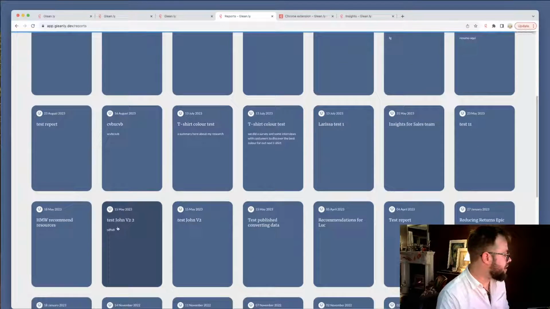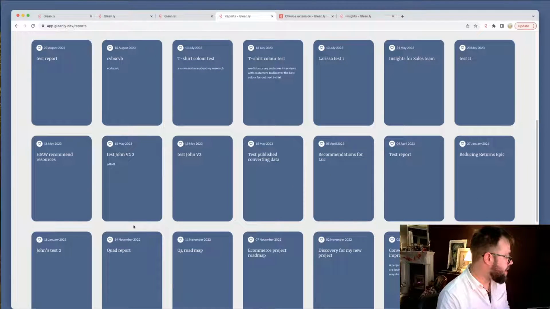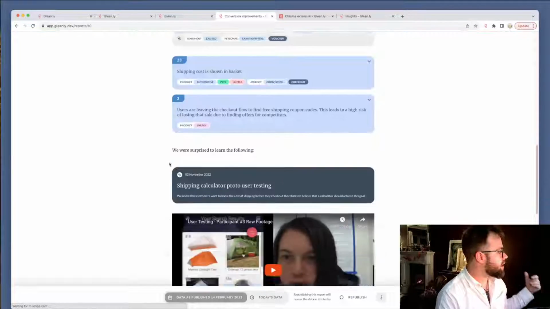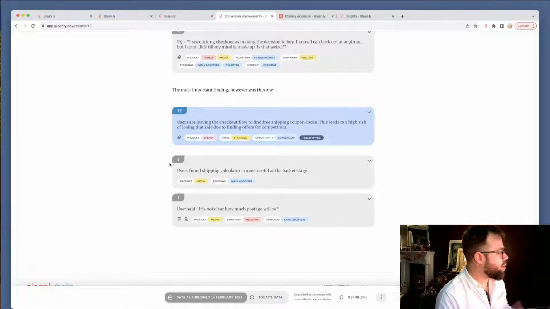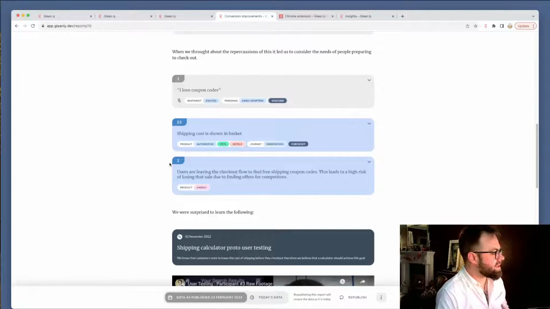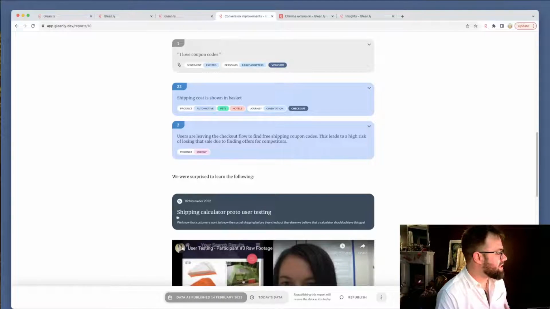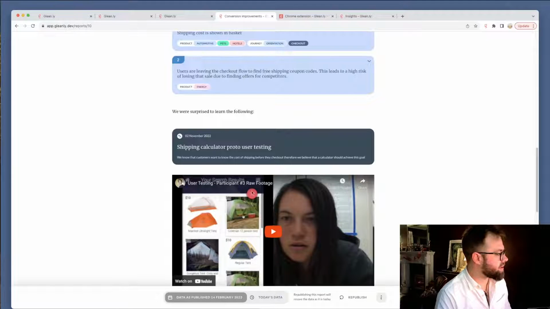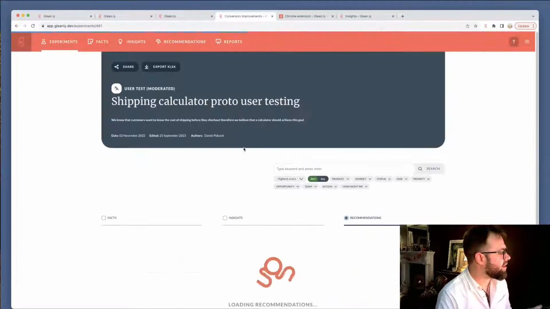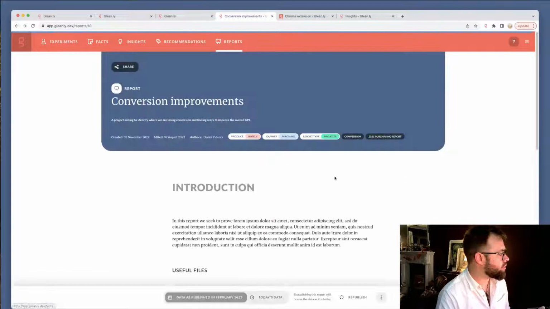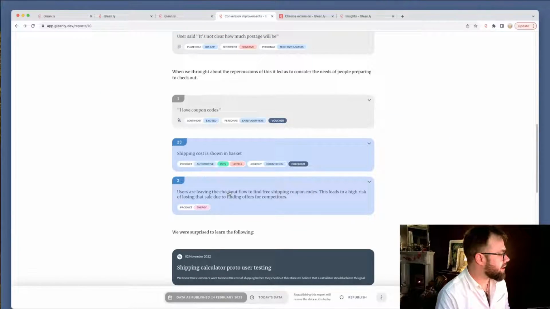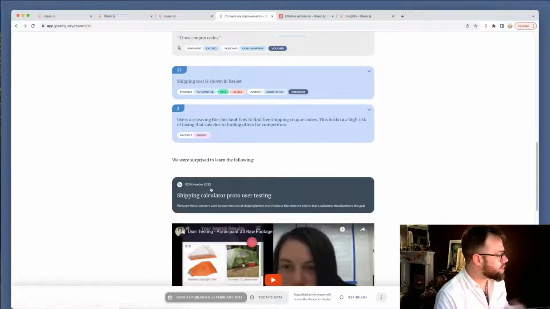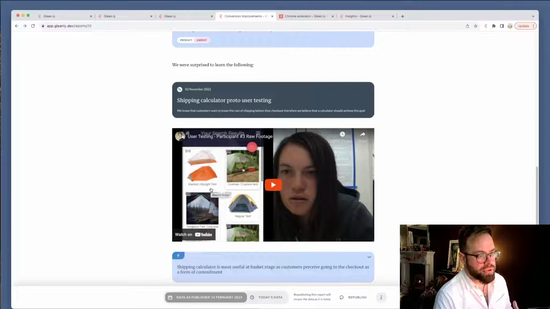But the other thing we can do as well is we can tell a story. So let me quickly pop into this one here. So we can add text, documents, we can add videos and imagery, whatever we want to tell a story. And we can make it really simple as well, because we can say, right, we did this experiment and we learnt this insight. Now, if anyone says, okay, well, that's interesting, but I want to know more about that experiment, they can just click on it and they're straight there. It's all connected to the live repository. If anyone wants to know where did that insight come from, they can just click on it and they can see everything behind it. And what's important is it's all connected to the live repository, which means that we can